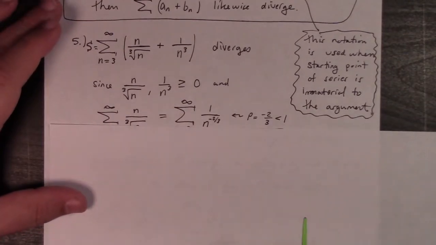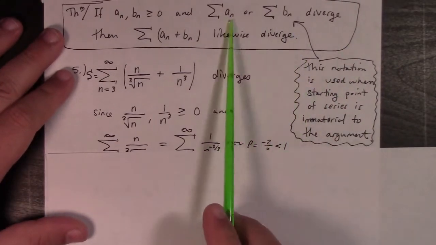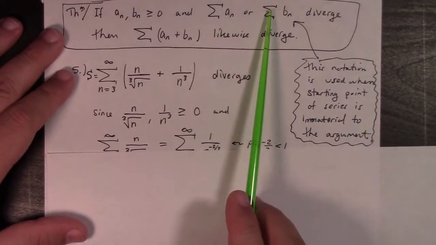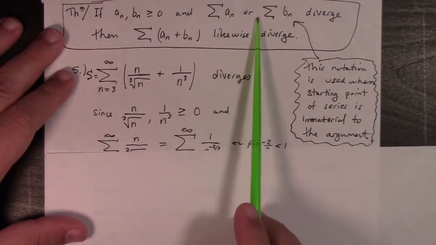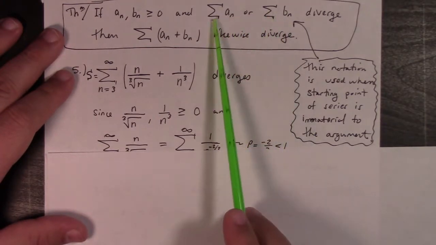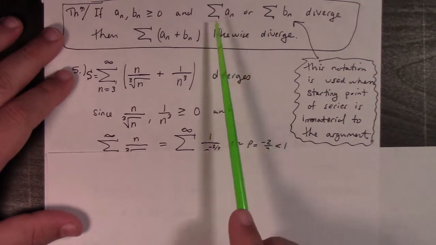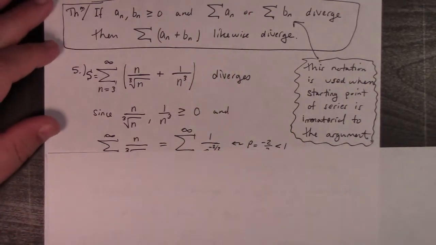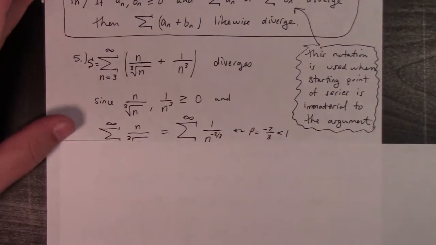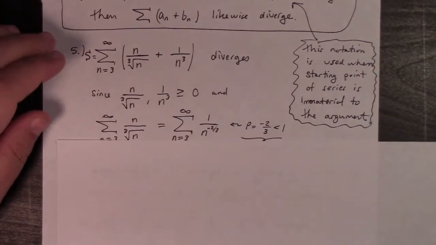Anyway, and by the way, this notation, not writing the starting point, it's assumed that such series go to infinity and that the starting point is irrelevant to the question at hand. So this notation is sometimes used in such a context. But if you're using it, you better have a good reason for it. So,